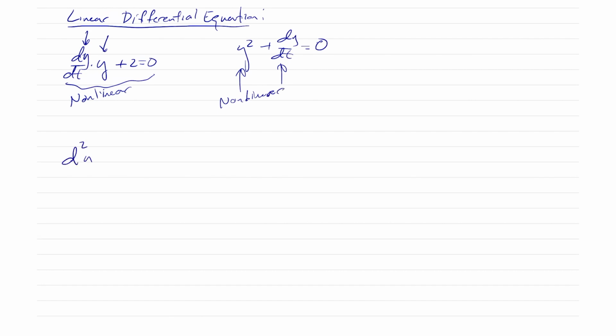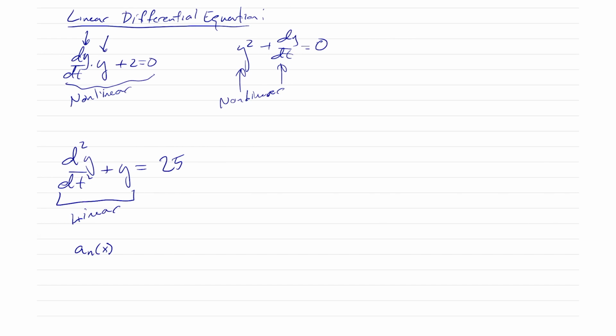But we can have other things. So we can have the second derivative of y with respect to t plus y is equal to, say, 25. This is linear. This is just an operation applied twice, but that is not a squaring operation. So that's a linear term. And so in general, the book tells you that you have a linear differential equation if it could be written like this. So let's say we have an independent variable x,